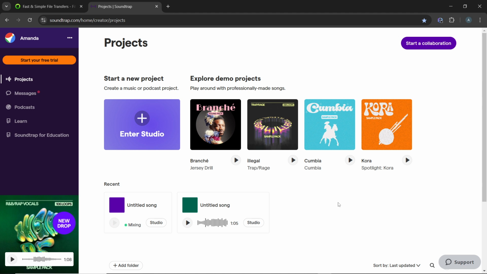The first thing you'd like to do is open your web browser and go to the Soundtrap web app at soundtrap.com and log into your account using your account credentials. Then on the home page,